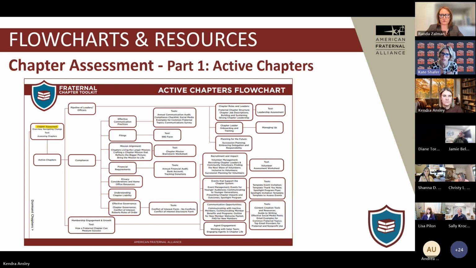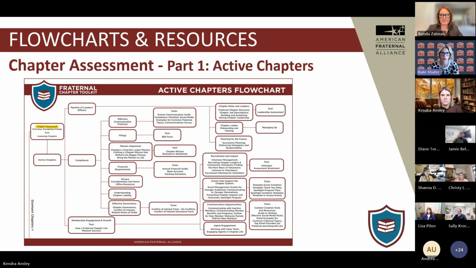So as Randa mentioned, we hope to add to this and update it and learn from all of you as we move through this next year and beyond, as the toolkit really becomes a resource for you all.